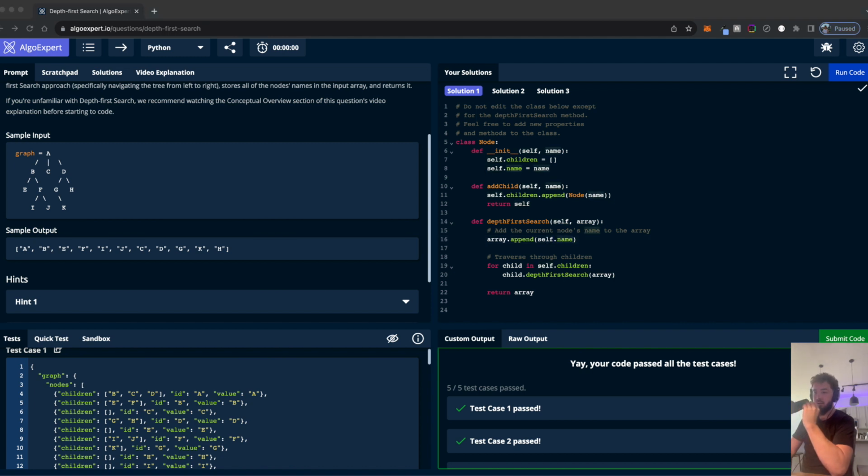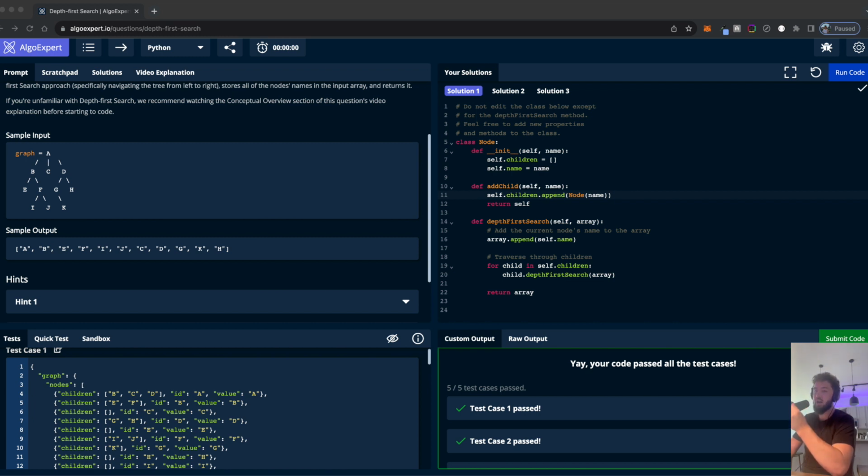The first thing the method does is append the name of the current node, self.name, to the array, essentially visiting the node. So here we are at A, we started at A, we visited the node. So boom, it's appending it to the array. Then we traverse through the children, so for child in self.children. After visiting the current node, the method then iterates over each of the node's children using a for loop. If you remember, in the node class, every node has a children list that contains child nodes. The loop will go through each child in that list.